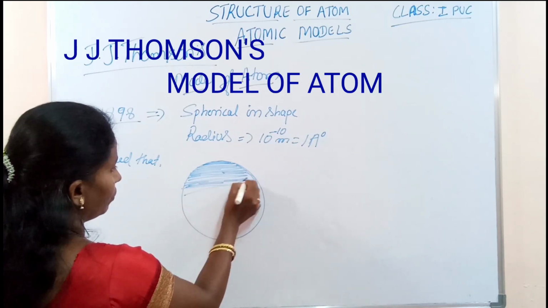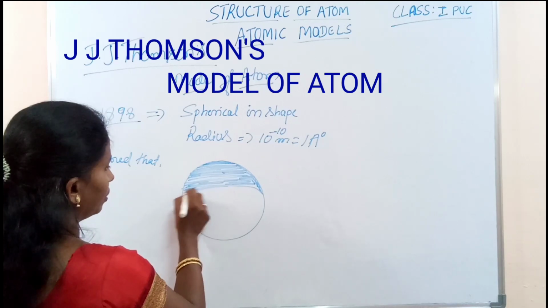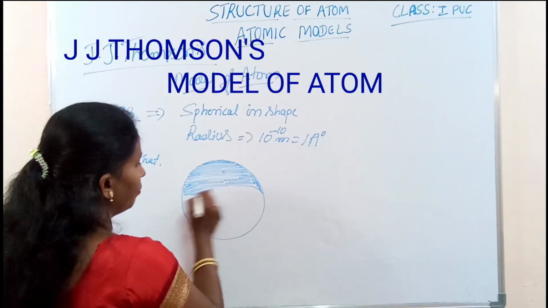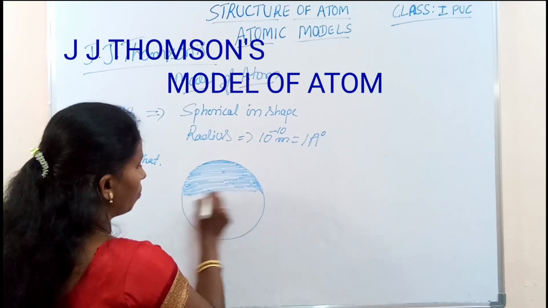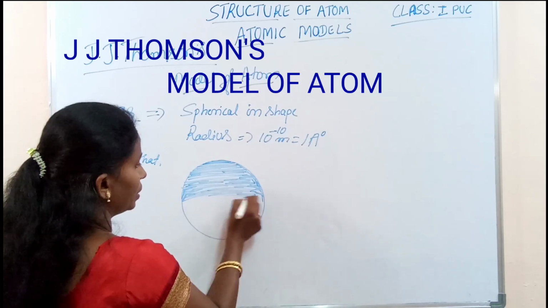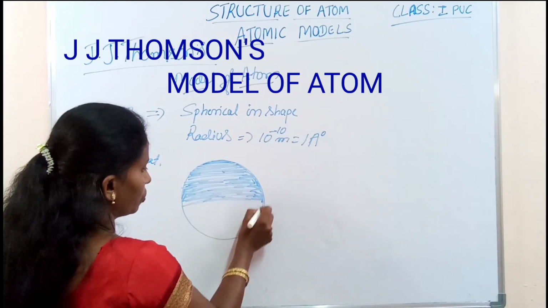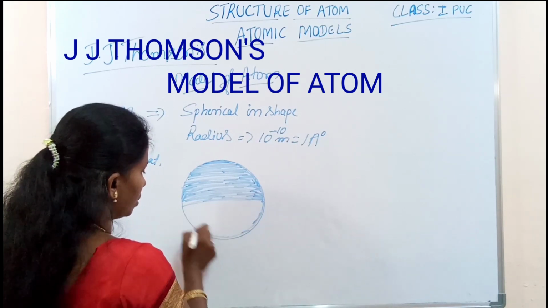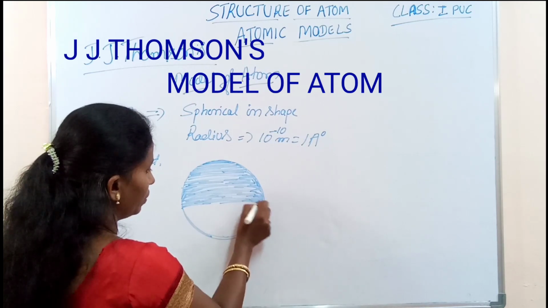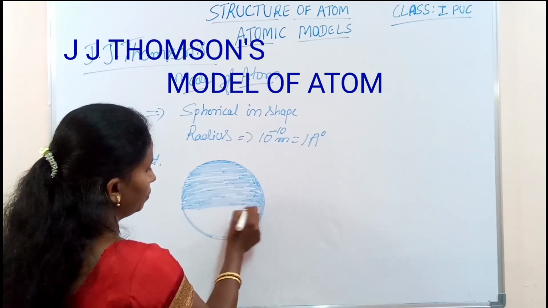Actually, the positively charged particles are more responsible for the mass of an atom because the mass of a proton is very high compared to the mass of an electron. So for the mass of an atom, we have to consider the positive charge. So the mass of an atom, that is the positively charged particles, is uniformly distributed in the whole atom